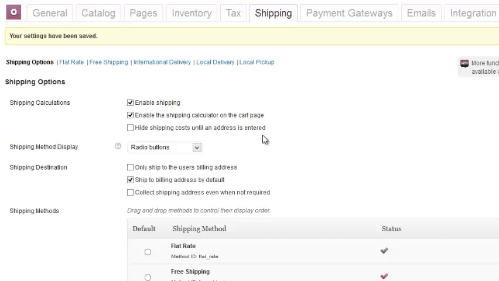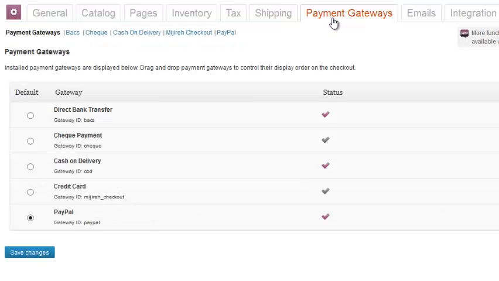All right, now I want to move on to my payment gateway. I'm going to click on that. And here you can notice, similar to my shipping page, I see what is currently enabled. And in fact, out of the box, it enables a lot of things that you're probably not going to use, like direct bank transfer or cash on delivery. Very unusual for an online shop.